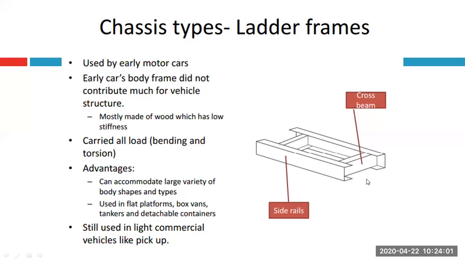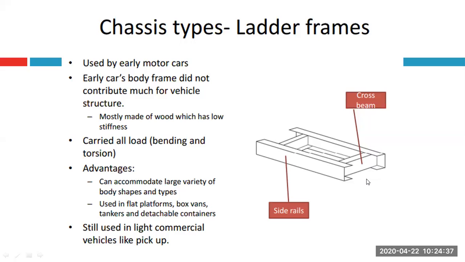Okay, so the advantage was that wood was quite abundantly available in early automobile manufacturing times, and it was not that costly, and even environmentally, because it was available in abundance, use of wood was not prohibited. So now it is very difficult to even cut a tree without permission of your local government or municipality. But in early days, because we had a lot of forest cover, cutting of wood for any purpose was quite easy.